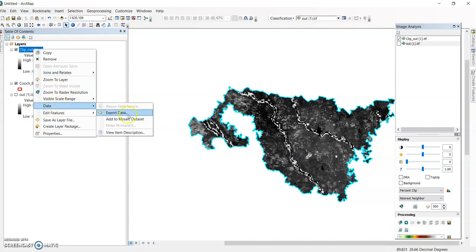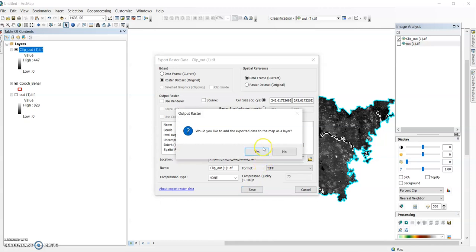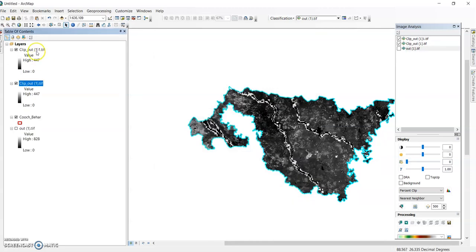Now I'm going to export my data. Here choose the spatial resolution raster dataset original. Here the data frame. I'm going to select the data frame because I am going to select the spatial reference WGS 1984 UTM zone 45, and now save it. Yes, I want to add it here.